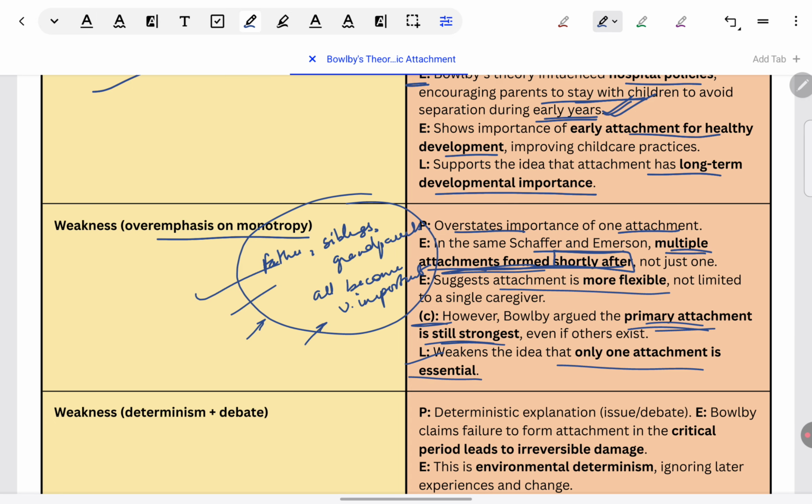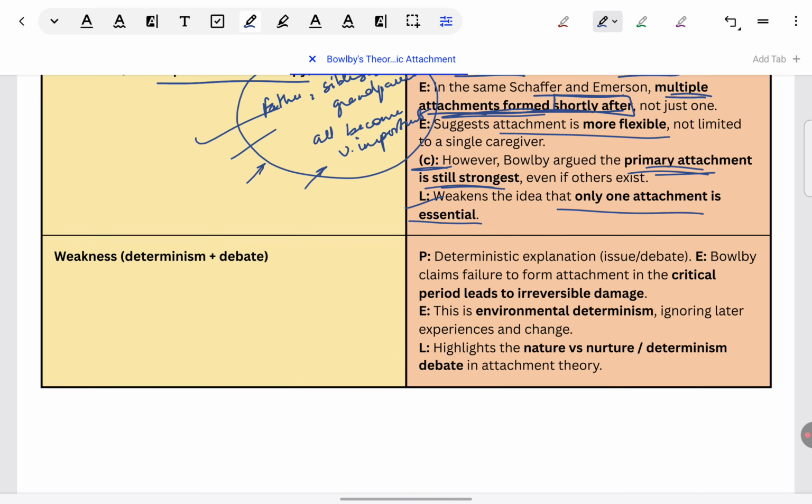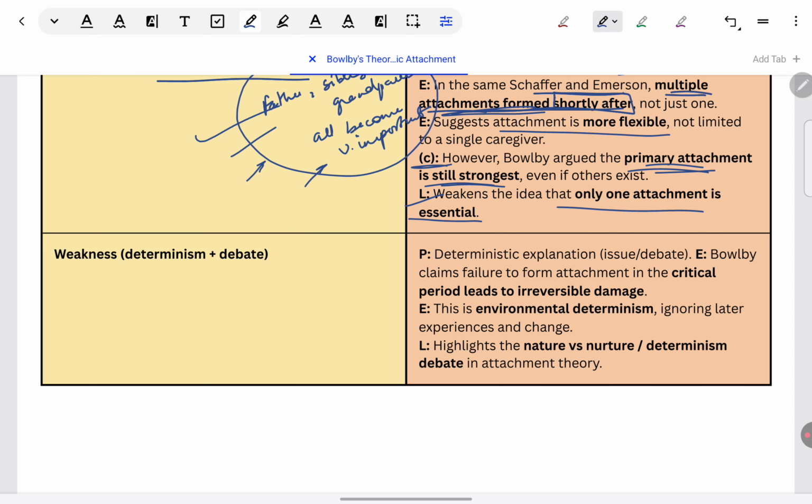Overall, though, this point tells us that the idea of one attachment has become a little weak considering other research. Finally, for the issues and debates, a very suitable one here is determinism. We can take that to suggest that attachment is innate, inborn, and then to say that one attachment is critical for all important relations in future, including romantic relations and parenting styles, shows that what someone will become as a romantic partner or a caregiver themselves is beyond their control.